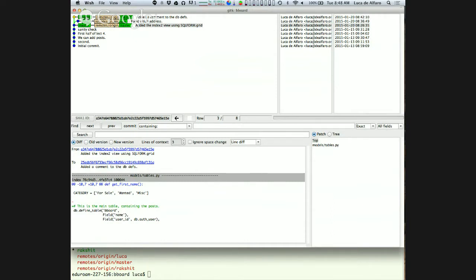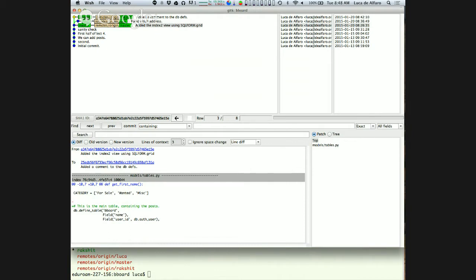When you do a fetch, you update these branches that have remote origin in front of them. So you update the branches you can examine, but you're not modifying the code in your own directory. This is something that I actually like a lot, because I never want to modify what I have in my own directory before I have a chance to examine what other people have done.